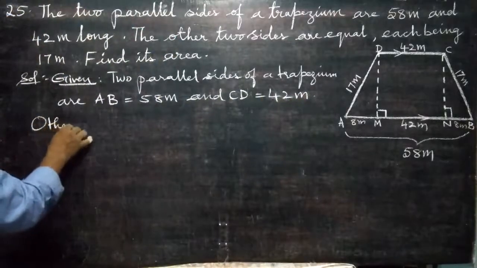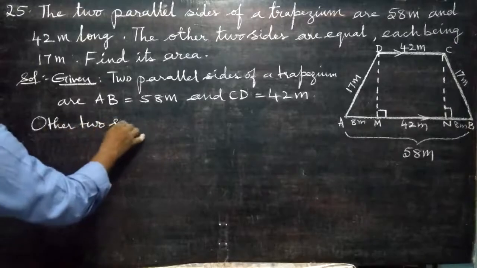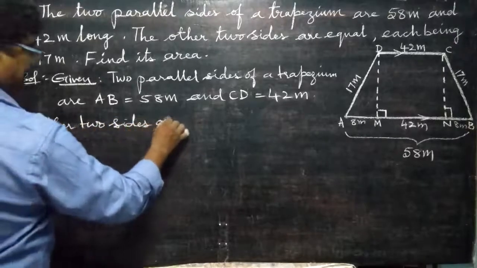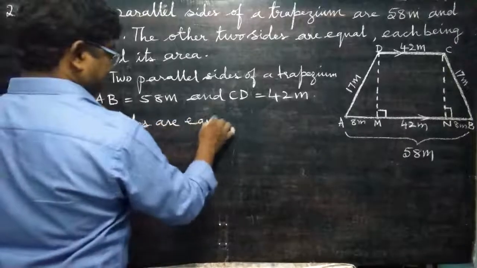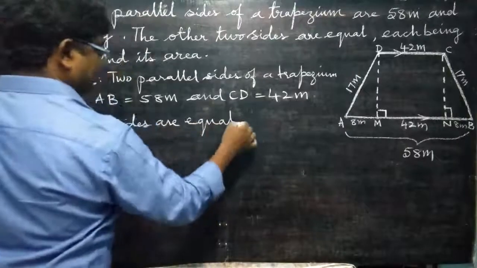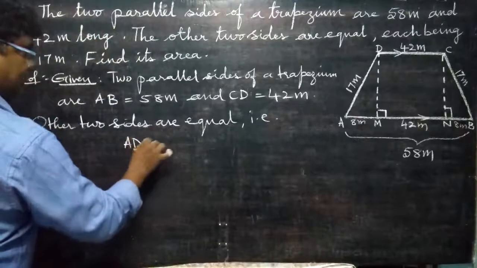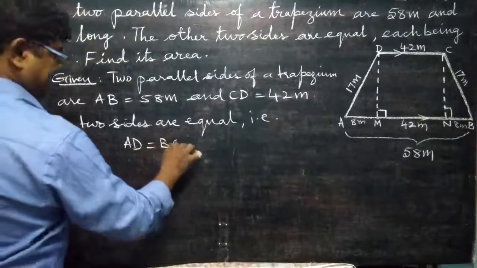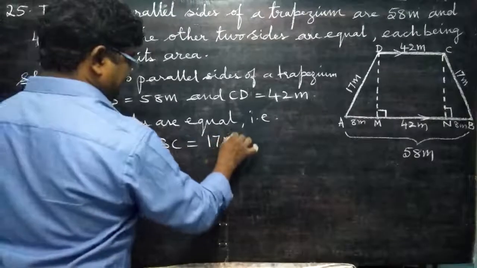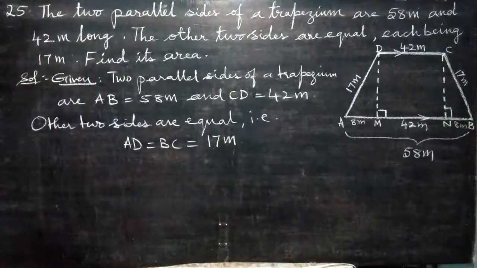Other two sides are equal. That is AD is equal to BC is equal to 17 meters. I have to write clearly. Now